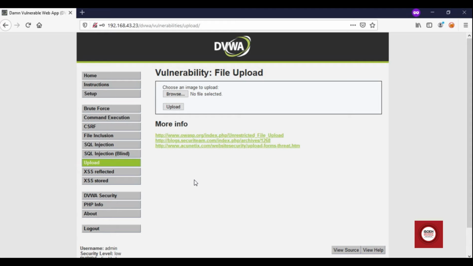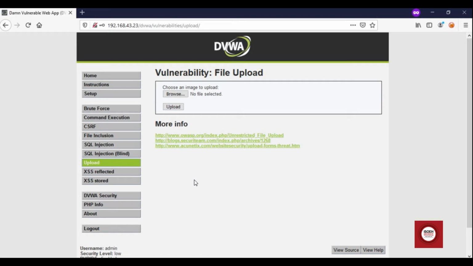I can use tools like Acunetix, DIRB, or DirBuster to do directory brute forcing and find a list of directories, and one of those directories can hold our uploaded file. If they are accepting our file, they might be storing it somewhere for later use. So I can find this directory using one of these tools, and even access those files. If those files are accessible, a hacker can exploit it.